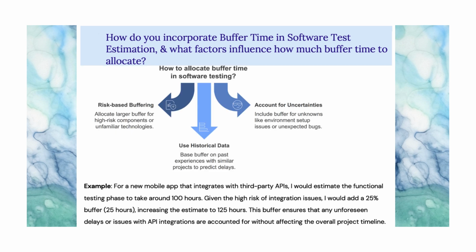For example, for a new mobile app that integrates with third-party APIs, I would estimate the functional testing phase to take around 100 hours. Given the high risk of integration issues, I would add a 25% buffer, 25 hours, increasing the estimate to 125 hours. This buffer ensures that any unforeseen delays or issues with API integrations are accounted for without affecting the overall project